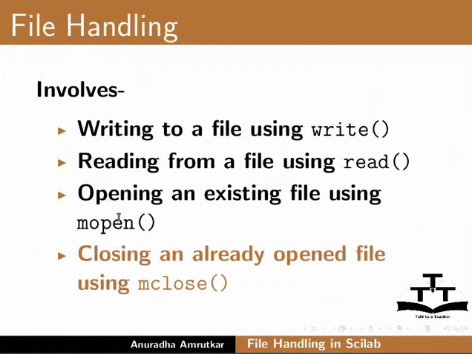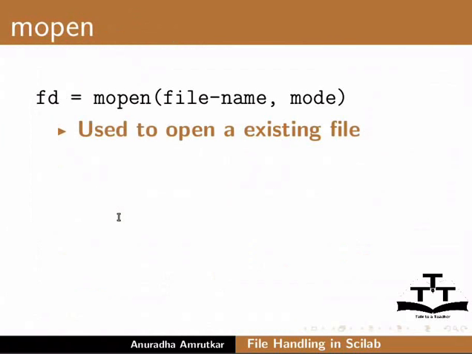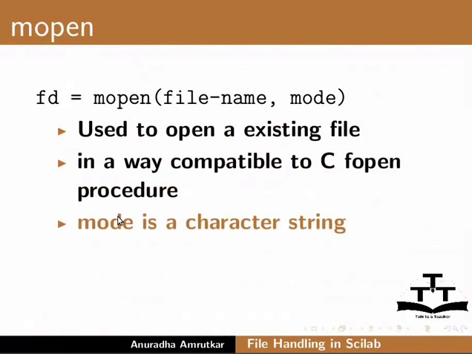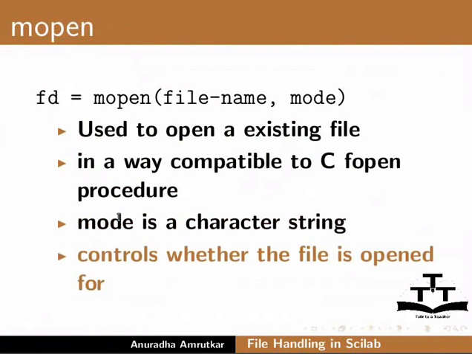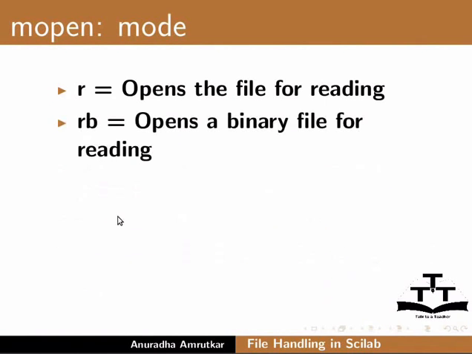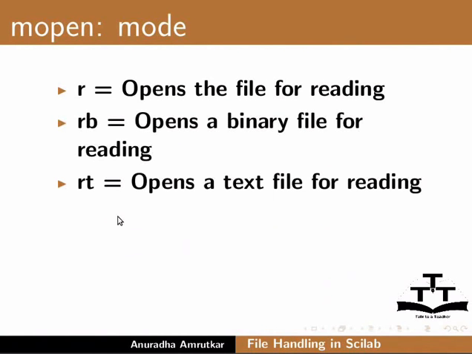Now let us see about the mopen function. fd = mopen(file name, mode). Mopen command is used to open an existing file in a way compatible to C fopen procedure. Mode is a character string that controls whether the file is opened for R, that is, r opens the file for reading, rb opens a binary file for reading, rt opens a text file for reading,